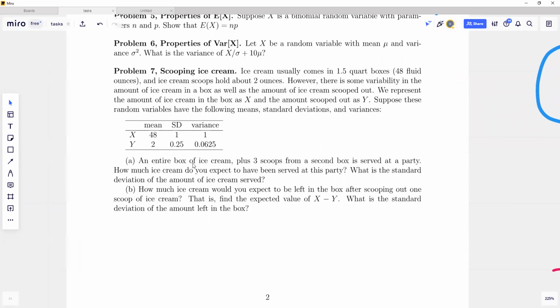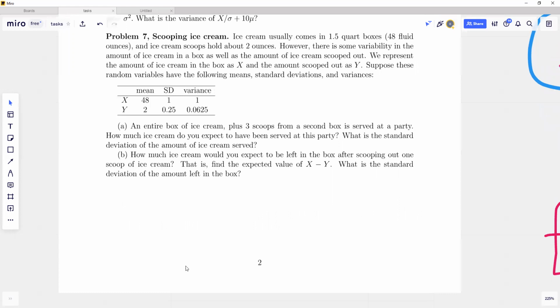An entire box of ice cream plus 3 scoops from a second box is served at a party. How much ice cream do you expect to have been served at this party? What is the standard deviation of the amount of ice cream served? All right, so we are looking for first the expected value of the random variable of an entire box X plus 3 scoops, plus 3Y,